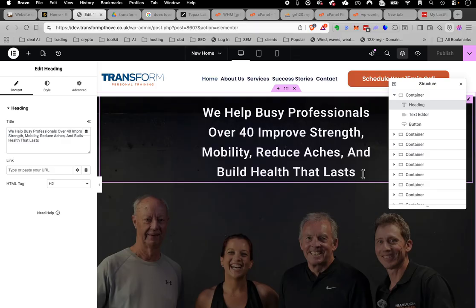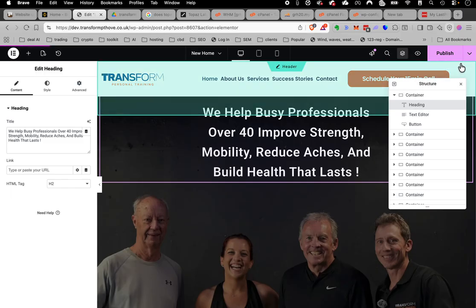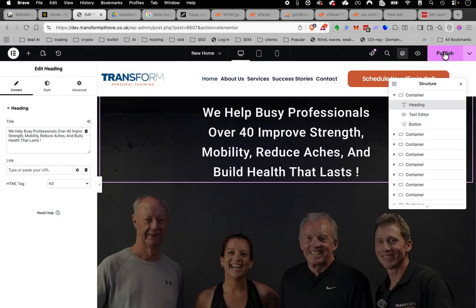Just to prove it, I should do an edit, just to show you that it should work. So the exclamation mark's appearing here, and whatever you type there in the main visual section also appears in the edit heading section on the left. And if I click save draft, that would have saved it. If I click publish,